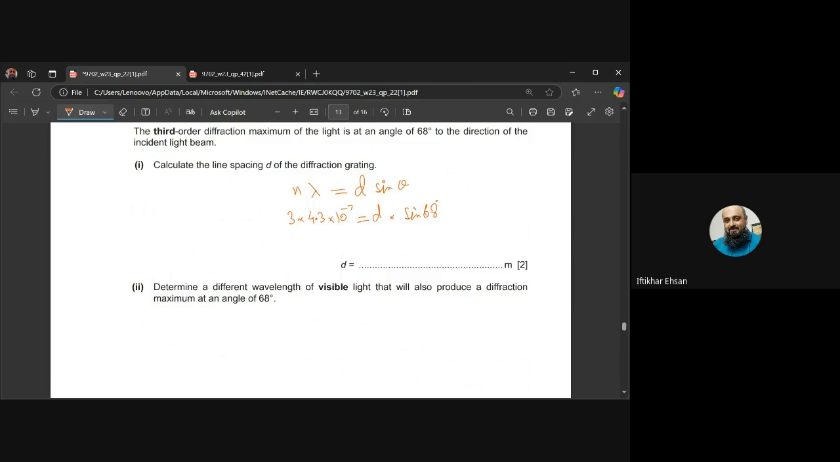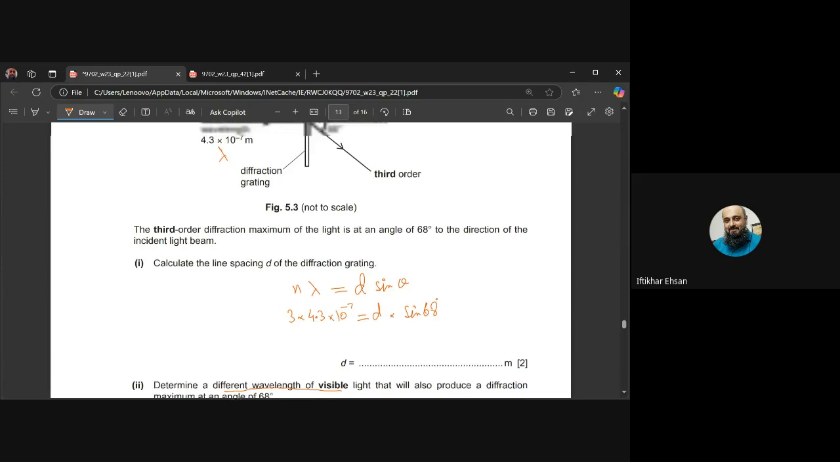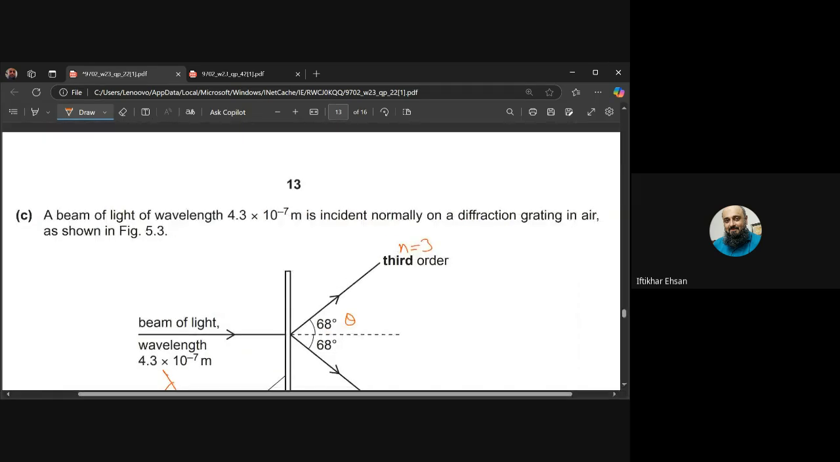The next part can be a good one, if you allow me to go there. Determine a different wavelength of visible light that will produce a diffraction maximum at this angle. First of all, what light it was. This is a beam of light incident, and let me tell you, this is visible light. What we have learned